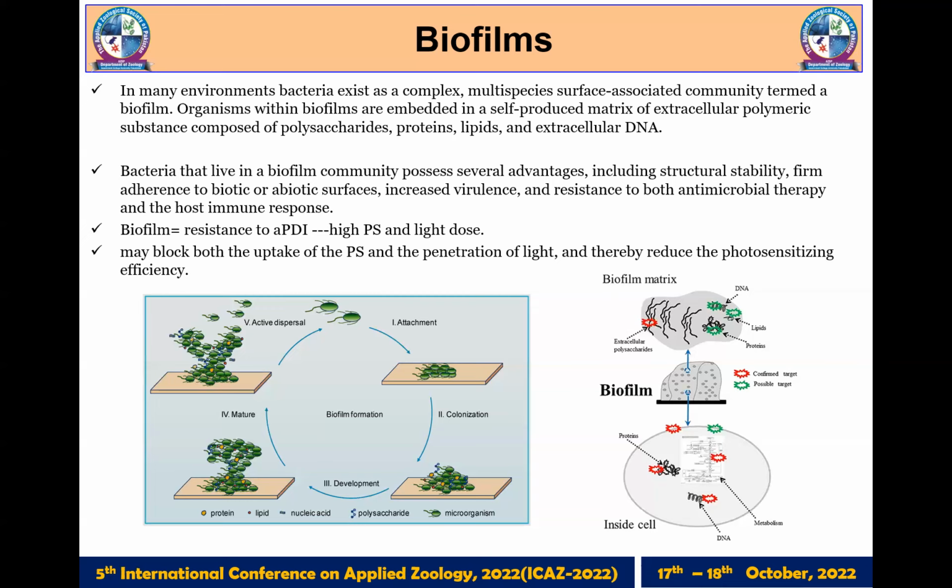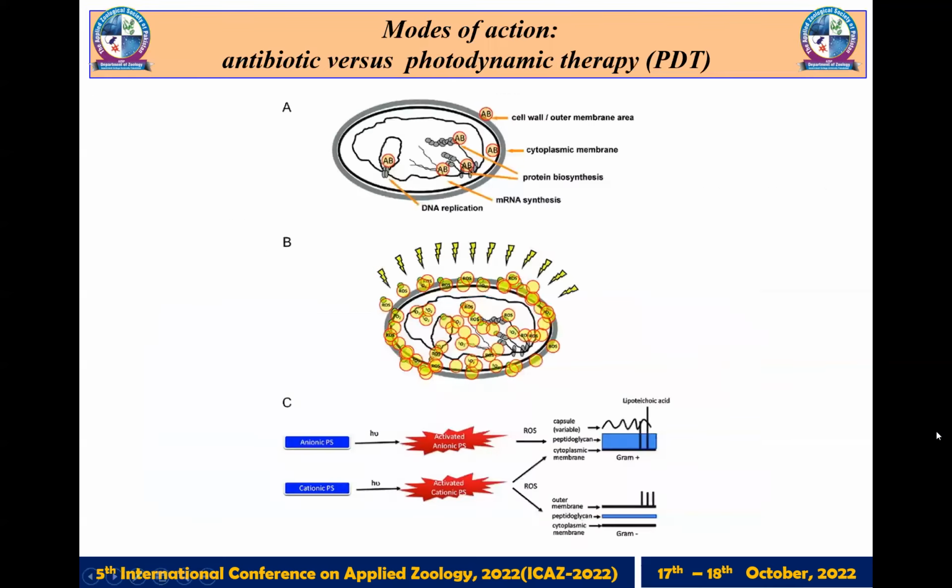And by just penetration of light and photosensitizer into the structure of biofilm, we can inactivate the bacteria in biofilm form. There is a different mode of action of photodynamic therapy compared to antibiotic. Antibiotic can just act on the cell wall, cytoplasmic membrane, protein biosynthesis, or DNA replication. But the PS we use in APDT can at the same time affect all these sites, so it can lead to